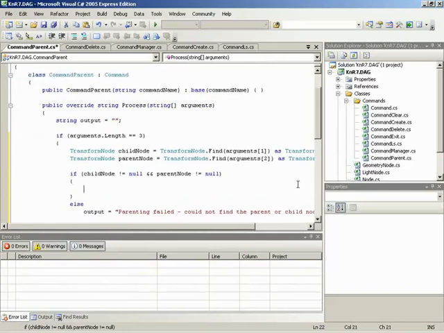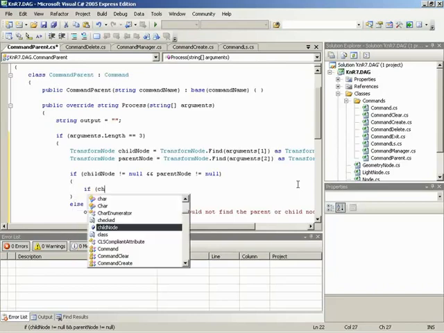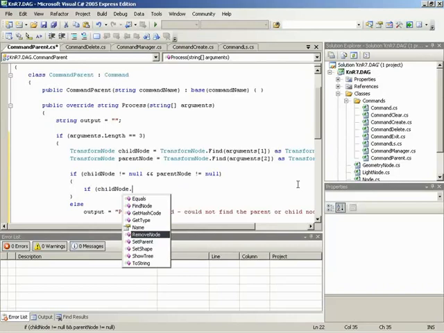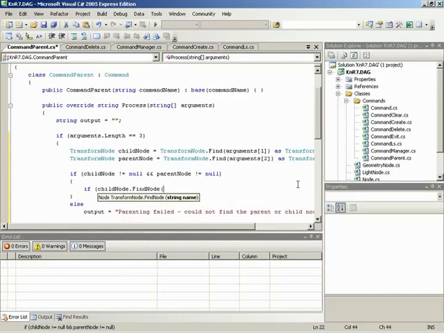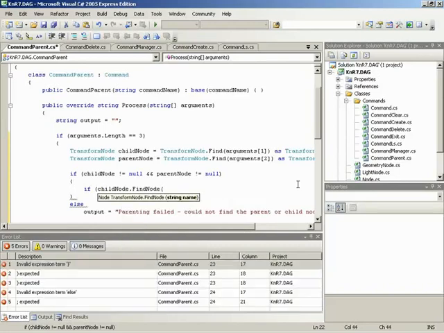And this check, now we were talking about needing to make sure we don't run into a cyclic condition. Meaning we don't want to take a parent node and set it as a child of one of its children. That's right. So we need to look at the child node and try to find that parent within its branch. So we need to check: if child node dot find node,